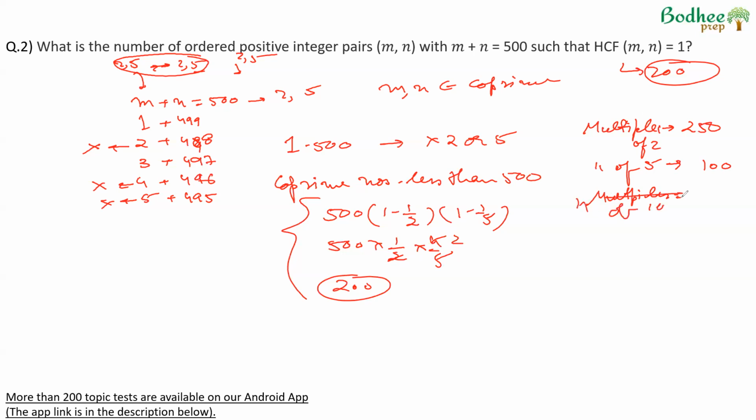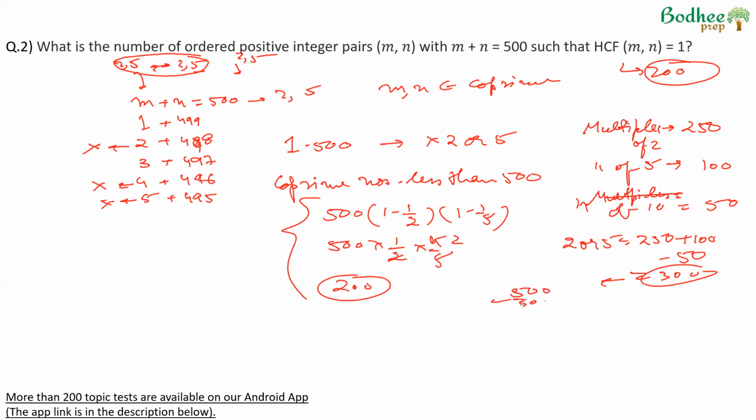Multiples of 10 will be 500 upon 10, which is 50. So total multiples of 2 or 5 will be 250 plus 100. These 50 have been counted in both cases, so minus 50, which gives us 300. So out of 1 to 500, there are 300 numbers which are multiples of 2 or 5, and therefore